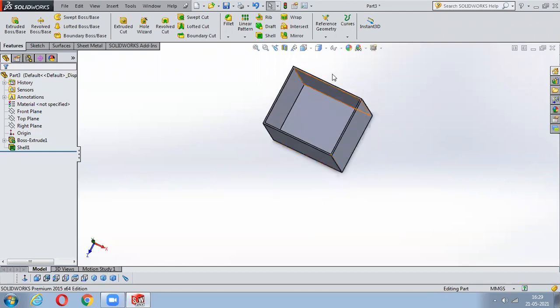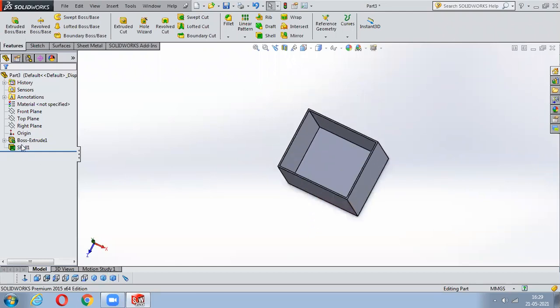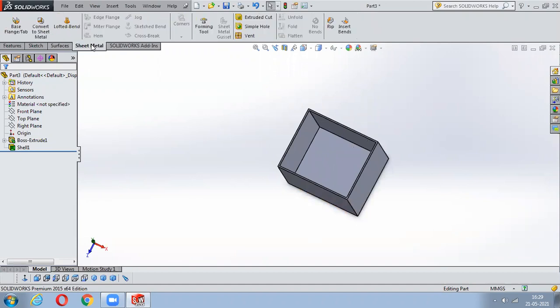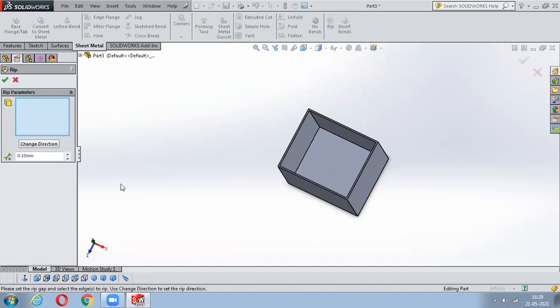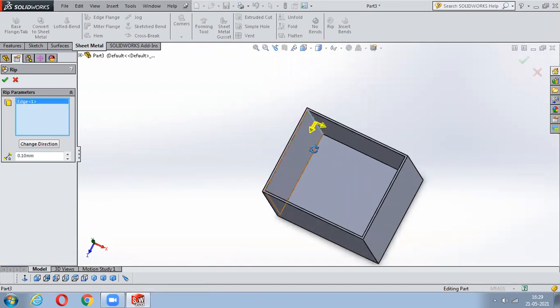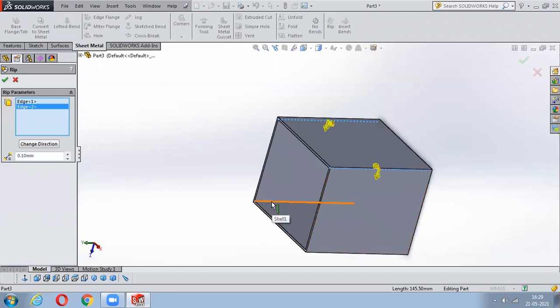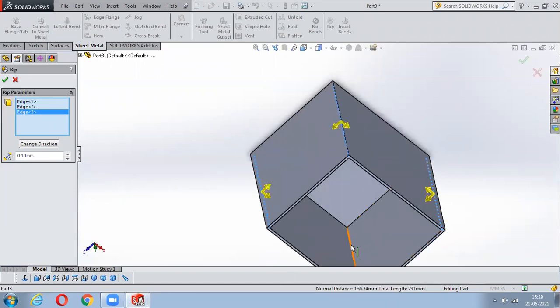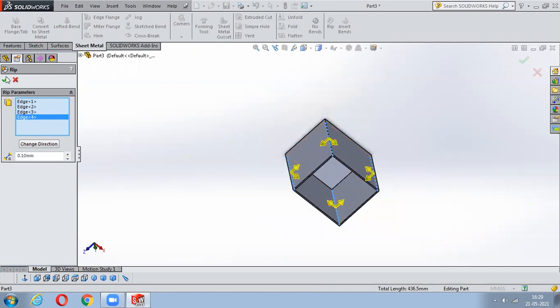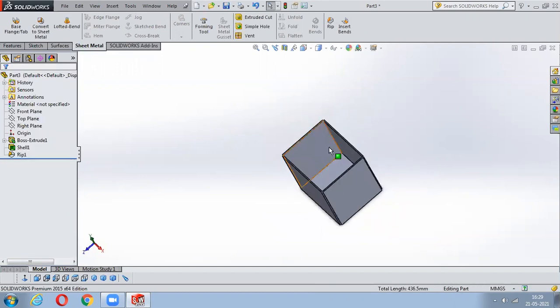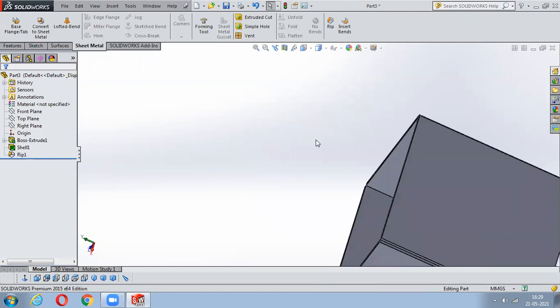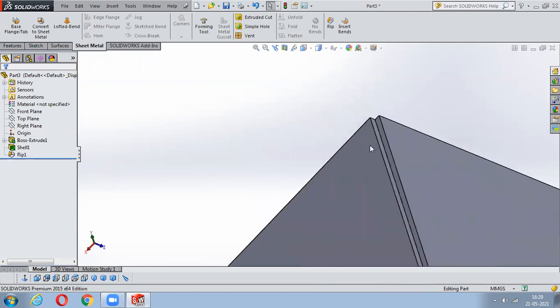Now again, it is not a sheet metal just because we don't have any openings to this. So that's why I'll jump to the sheet metal. You can notice this rip here, right? Create a gap between 2 edges in a sheet metal part. So just select this rip and carefully go on selecting the edges here, inside edges like this, and this one at a time and this one. Once it is done, just say okay to this and you can notice the ripping has been done, right? See, it has started converting into a sheet metal.